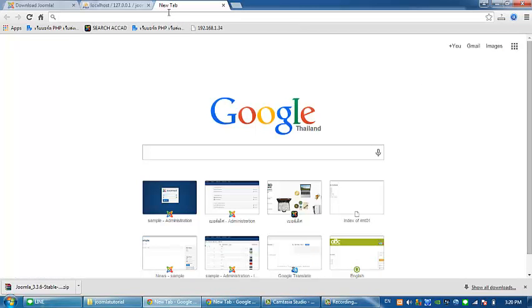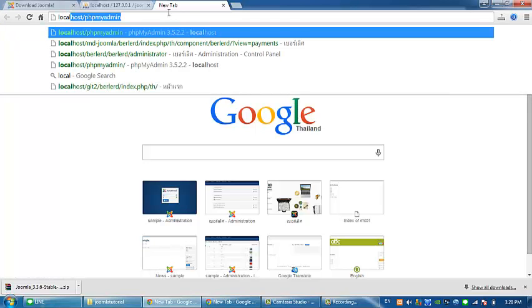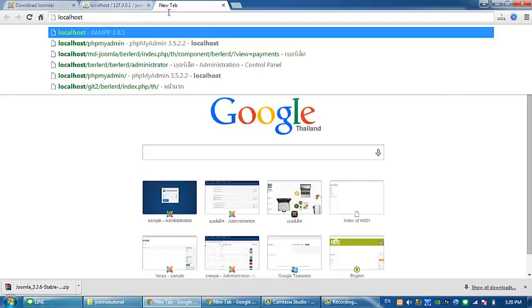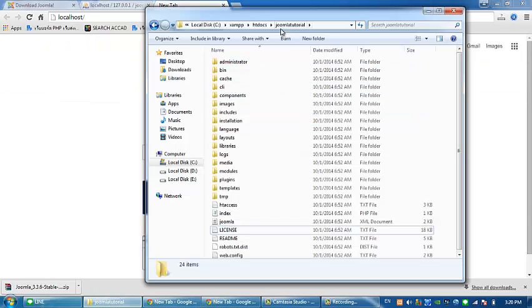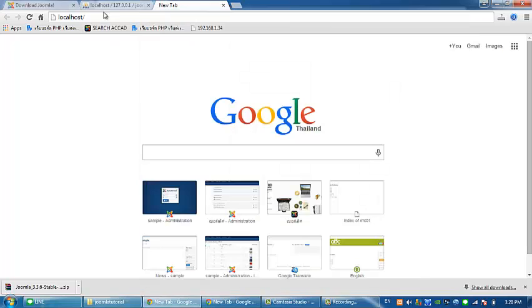So open another tab on the browser and type localhost slash the name of our folder in the XAMPP htdocs, Joomla tutorial.